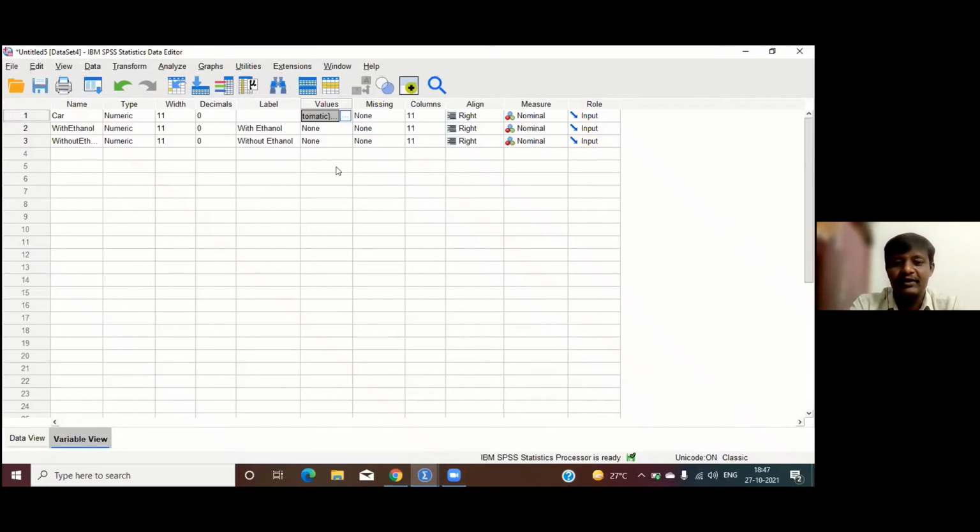Without adding ethanol, when the efficiency of the engine is tested, it gives some average mileage. Now they have added some ethanol to the petrol, and now they are testing the mileage of the vehicles. We need to understand whether second trial efficiency is better or first trial efficiency is better.